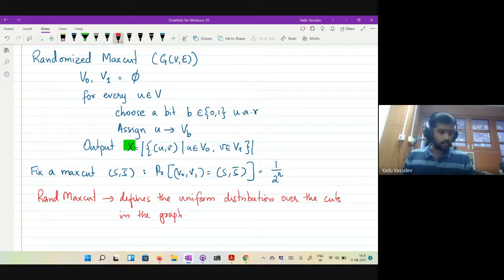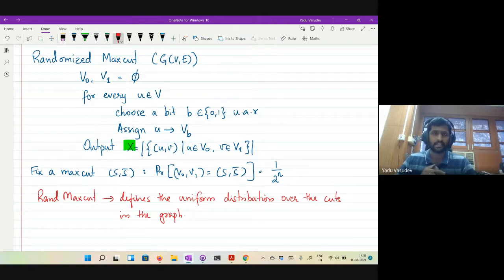Right. So if you want to do a similar analysis by saying that this is the probability that you will get a particular cut, so let's repeat it and so on until you find the maximum value, and then you'll take that as a max cut. That directly leads to an exponential time algorithm.